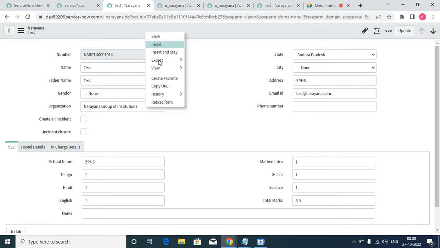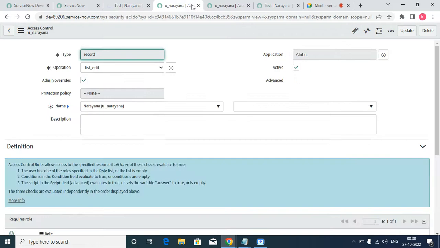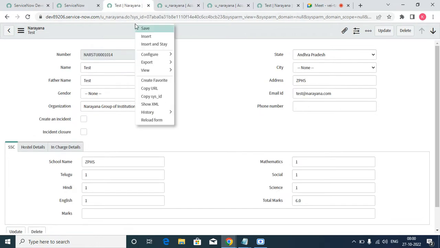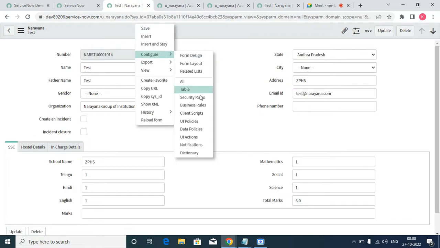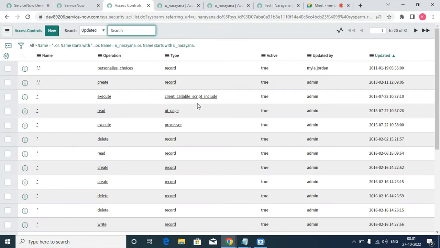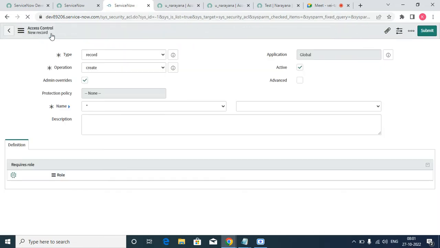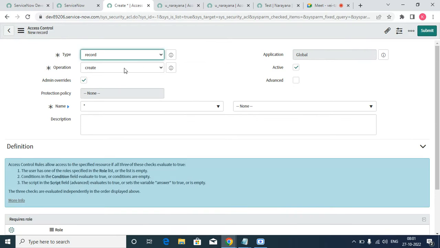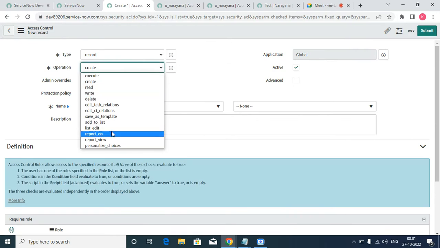Okay, we have elevated privileges. So now I just want to create one. If you want to restrict this one in the report, so if you want to restrict this one to report,